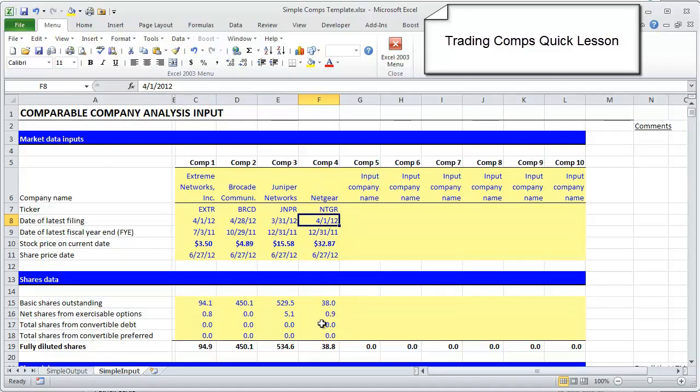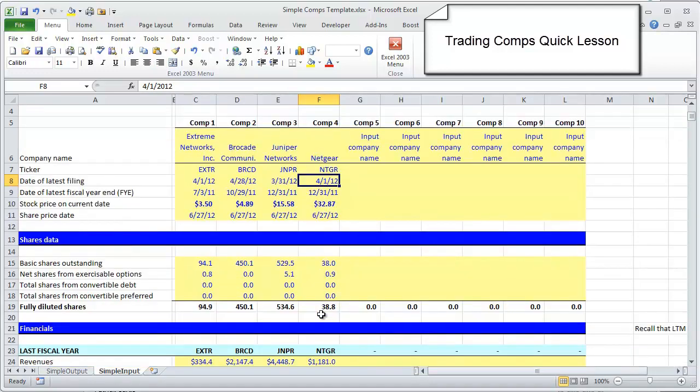So if you scroll down, you get to shares data. And this is an area where we've simplified the template for you. Basically, what we see here is the current basic share count, which for Netgear and any company you can find on the front cover of the latest filing. In this case, it was their April 1st 10Q. And this will include their latest basic share count. But to actually get to the fully diluted share count, you're going to need to add